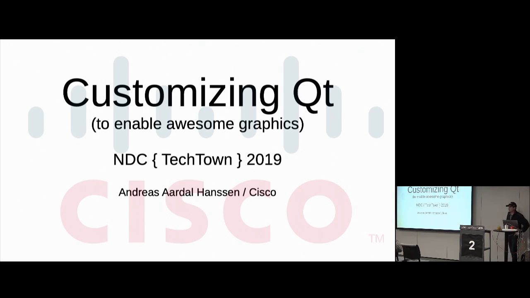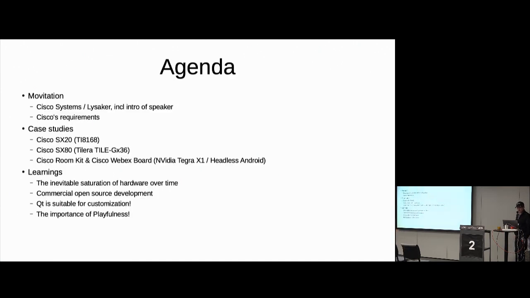So yeah, welcome to this talk. This talk is about customizing Qt, but it's also about how to adapt to custom hardware. I'll be talking about Cisco, which is my employer, where I work, a little bit about me, and what we do, like what devices we make and customizations we make. I have 3 case studies I'd like to share with you, real products that shipped and are successful, and what is under the hood, what we did. Really fun stuff, I think. And also some of the learnings that we had. And as tradition has it, I never managed to get to the learnings, so you just have to soak up.